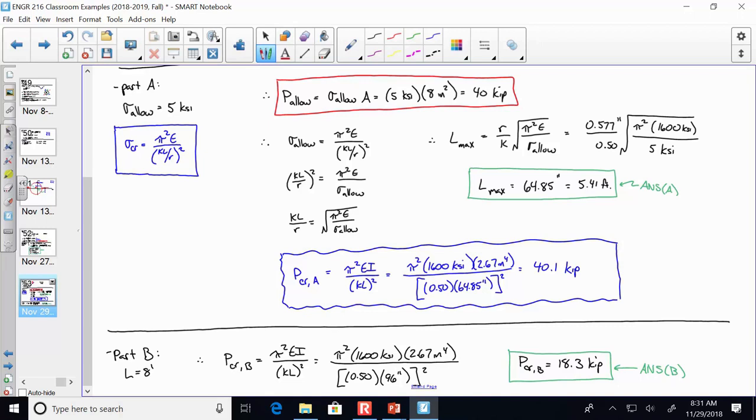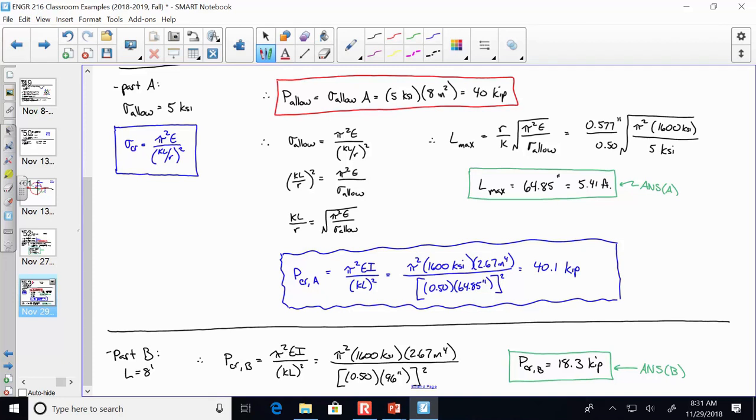1,170 kips, right? So you're telling me that a 1 foot long column is going to buckle at 1,170 kips. But it's going to crush at 40 kips. So how much can it hold up? 40 kips. Did everybody see what I'm talking about? So we have the stability question, and that's answered by the buckling load, but then there's its allowable stress